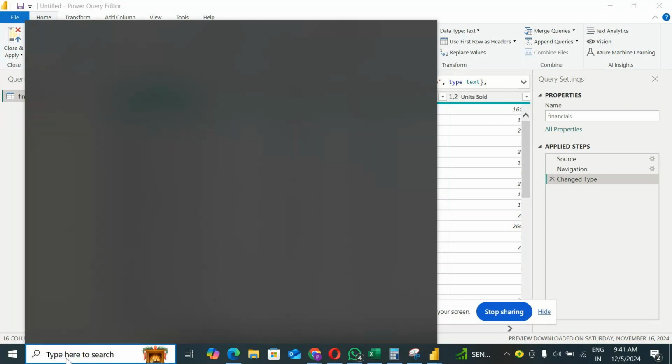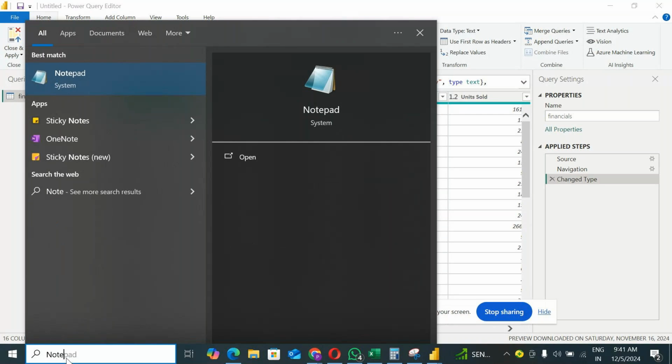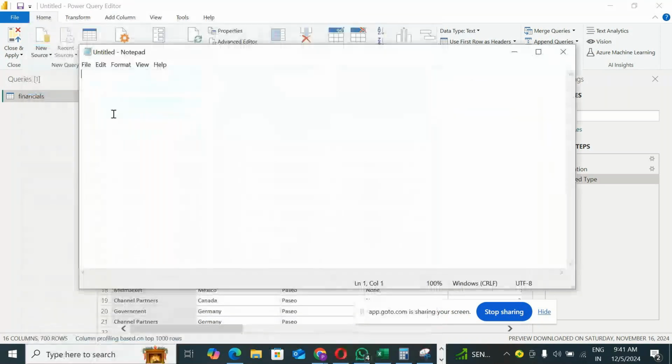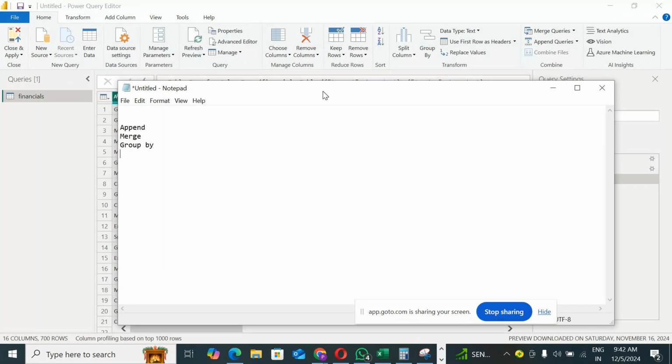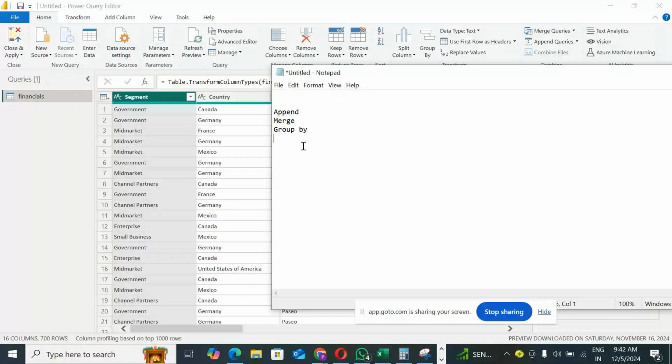So a few major transformations in Power Query are append, merge, group by, and similarly pivot, unpivot. So these are the five major transformations, I can say. First we will cover these things, then after we will cover the minor transformations. So first one is append